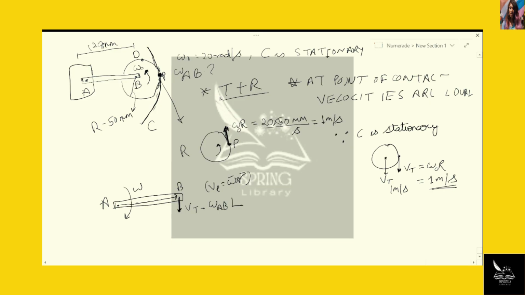Omega will be like this because we have figured out that Vt is going to be like this. So omega cross r will be just omega AB, which is not known, times the length of the rod. So this equation tells us that 1 meter per second equals omega AB times L, which is 120